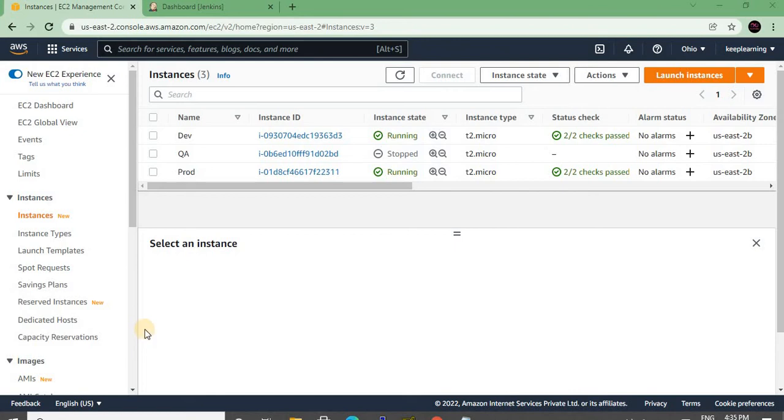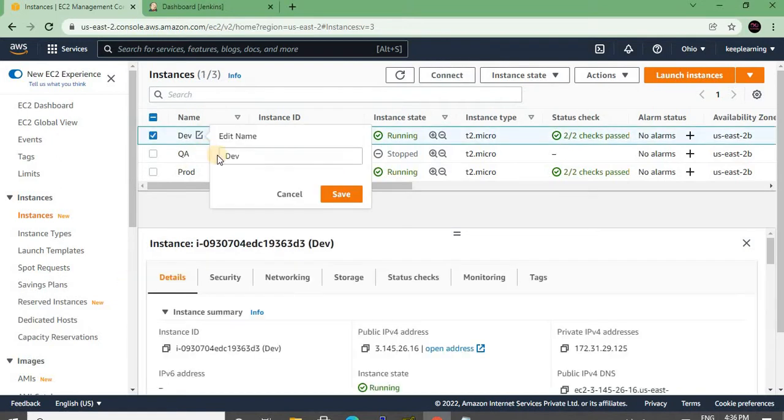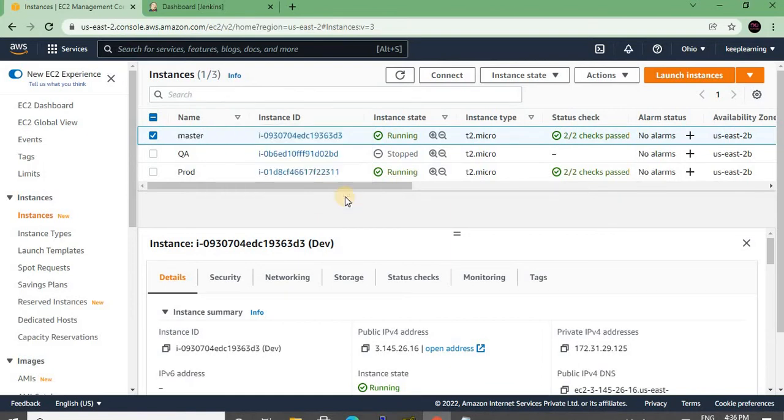So the topic today we are going to discuss is master slave configuration on Jenkins. So why do we need master slave configuration? What is it meant for? Let's say dev is the instance where I have installed my Jenkins, where I have all the jobs. Let's say I have 15 jobs on the dev machine. I'm just making it my master. Simply we can say master is the instance where I have my entire Jenkins configuration and the actual builds, actual jobs are located. So I have 15 jobs in master.